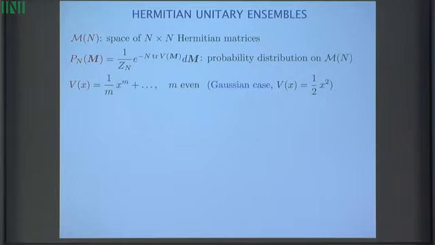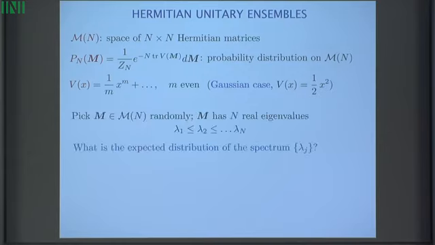It's a trace of a polynomial of a matrix, right? We take a polynomial typically of even degree. For instance, the classical Gaussian case is just x squared or x squared over 2, and it's also pre-multiplied by the size of the matrix, okay? And this is a normalizing constant to have the whole integral equal to 1. So this is the rule, which means that the smaller the trace is, the higher probability you get your matrix.